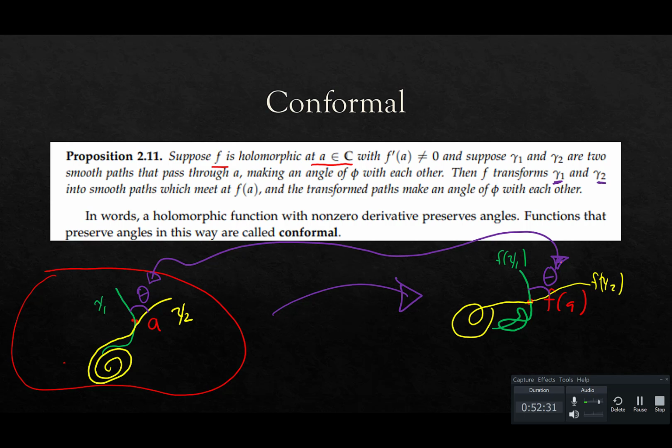And I don't want to say unique, but it is a property of holomorphic functions as long as your derivative is not 0. Now, if you want a proof of that, go ahead and read your book. But we'll go ahead and skip that for now. But anyway, that's a really, really cool result of holomorphic functions. All right, so next time we're going to get into one-to-one, onto, and then the inverse function theorem.